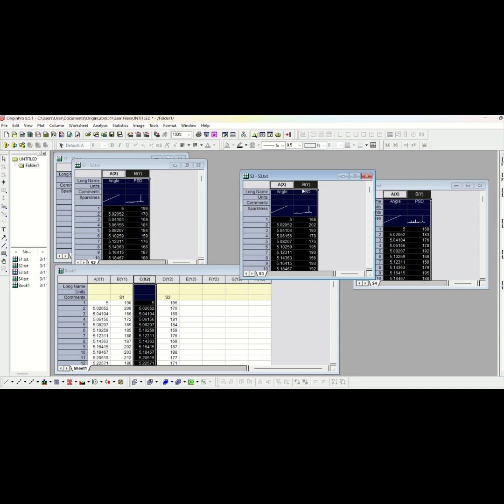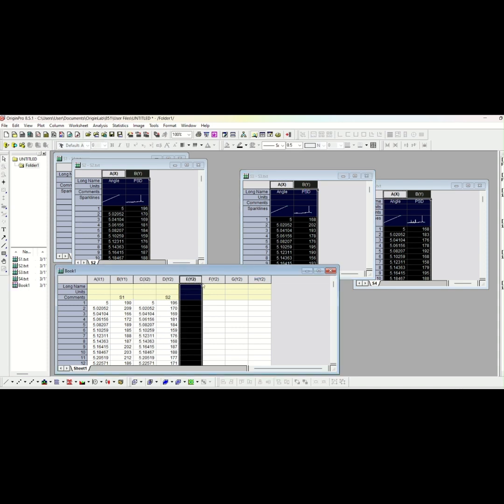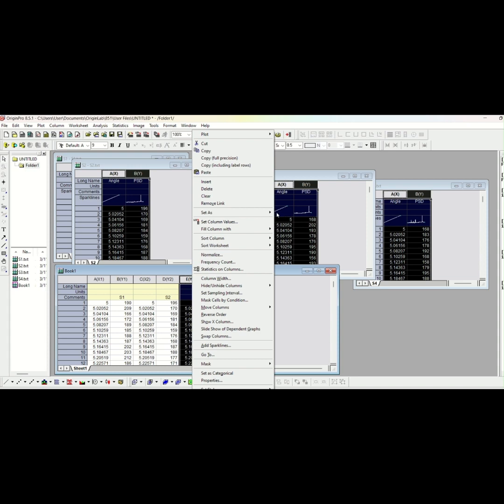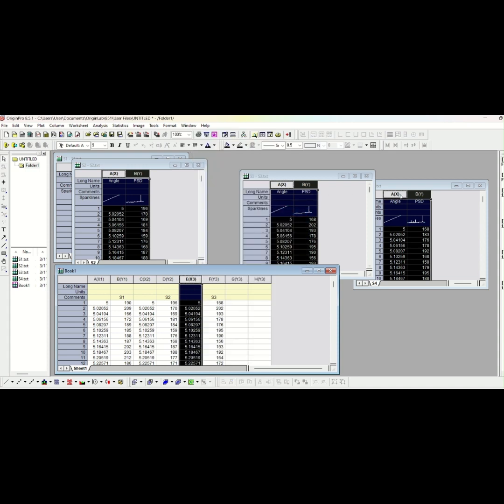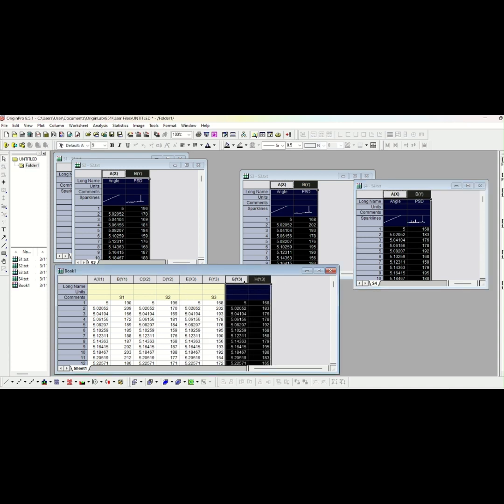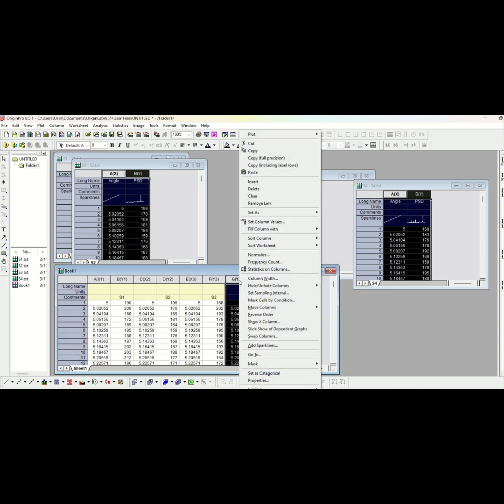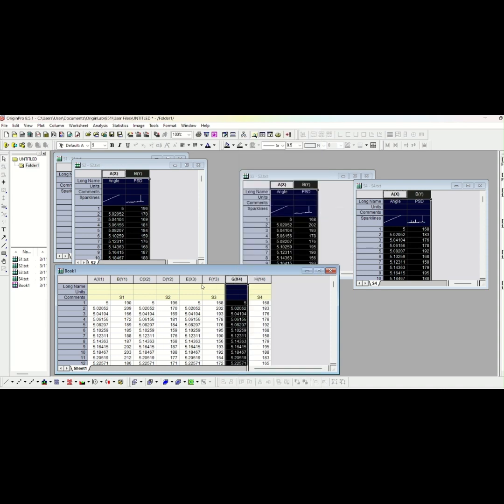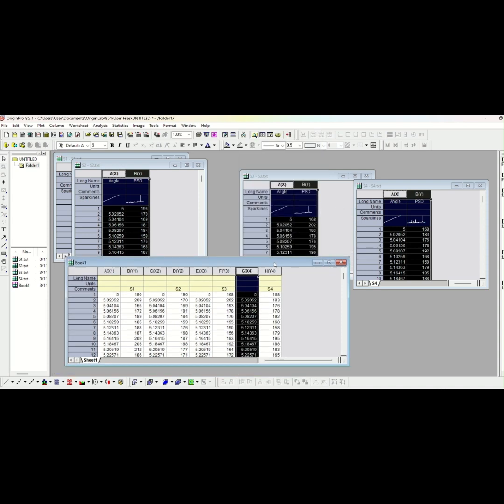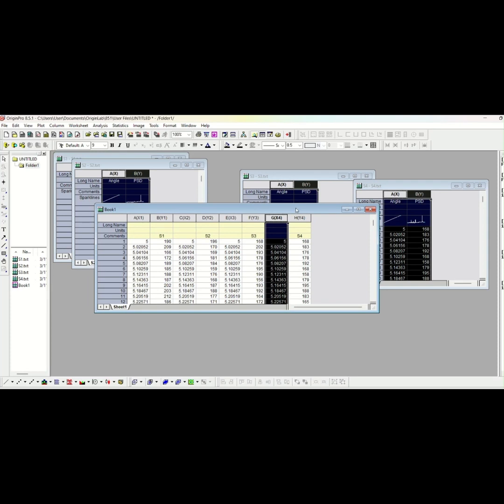Similarly, copy S3 into the new workbook and name it S3. Set the Y value to X, set as X. Copy S4 into the new workbook. Copy, right click, paste, and then name it S4. Set GY to GX. Okay. Now all our data are in one workbook. Copy all of them together